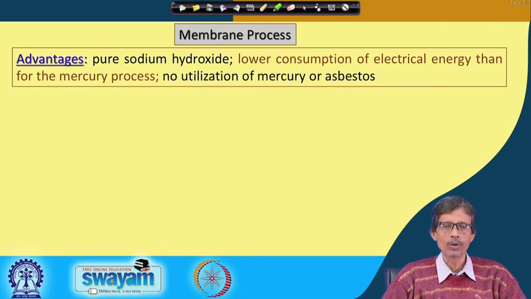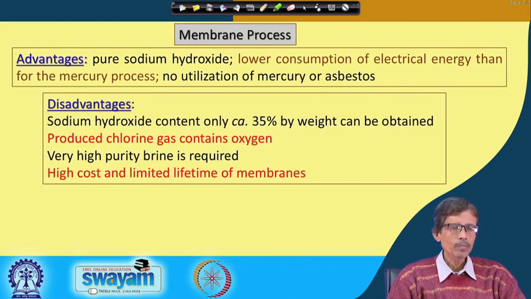So, if you have now in your hand the membrane technique, how you can go further to improve this particular technique in terms of the membrane material, in terms of electricity consumption, in terms of designing the electrolysis chamber and all this. So, the disadvantages. Definitely the new technique will be an improved technique, which will also eliminate the disadvantages that you can follow for this particular membrane process.